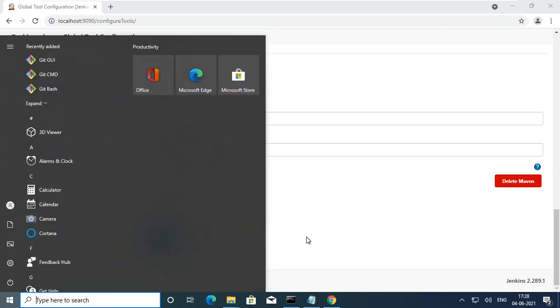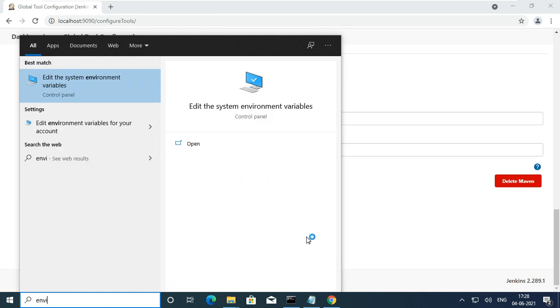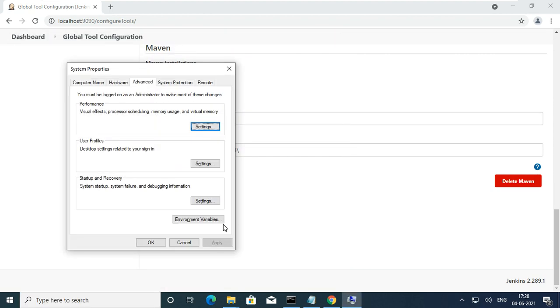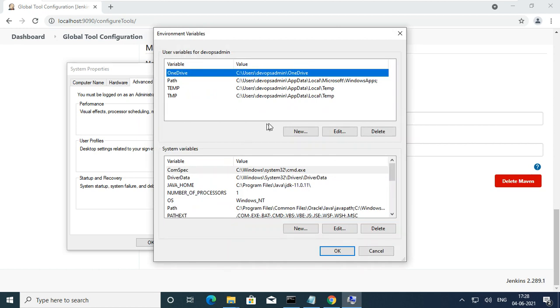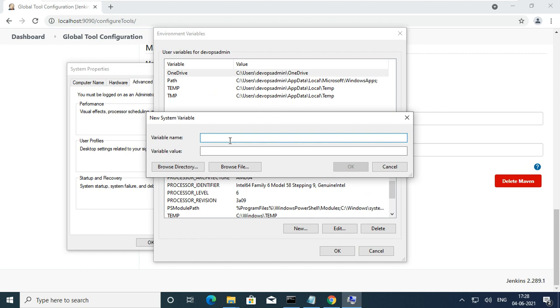So go to environmental variables. Here I'm adding Maven home or M3 underscore home, or M3, like that you can put it.